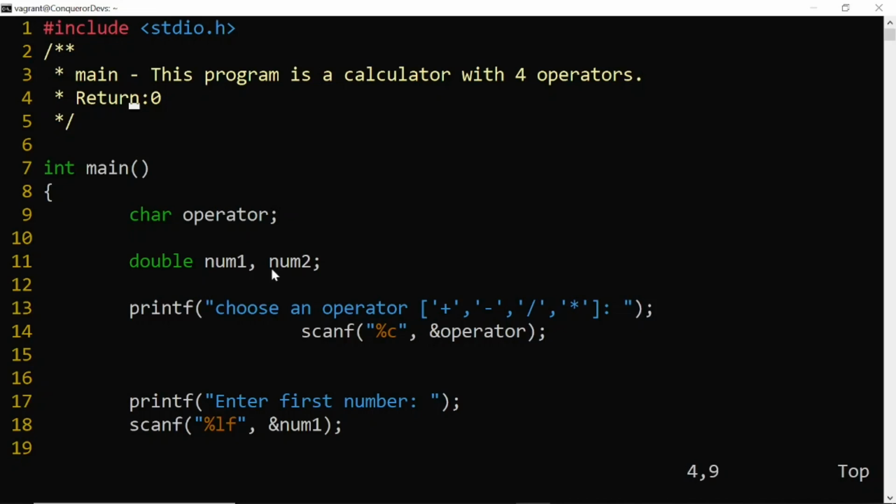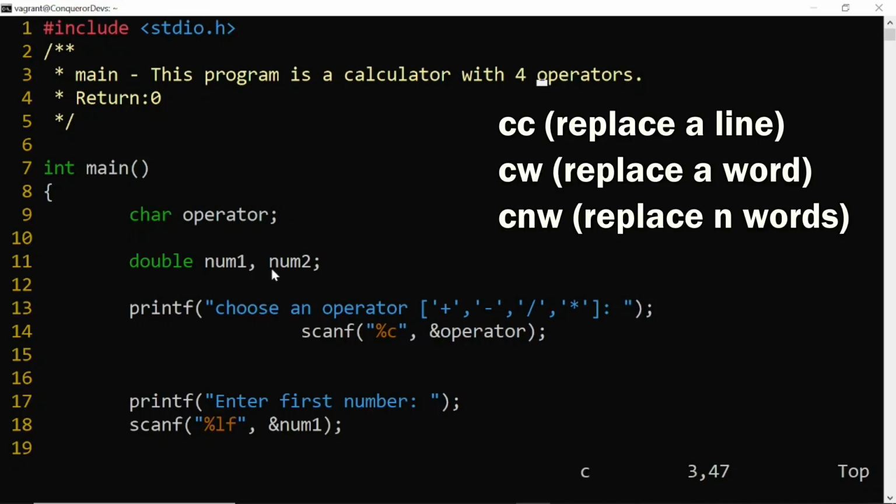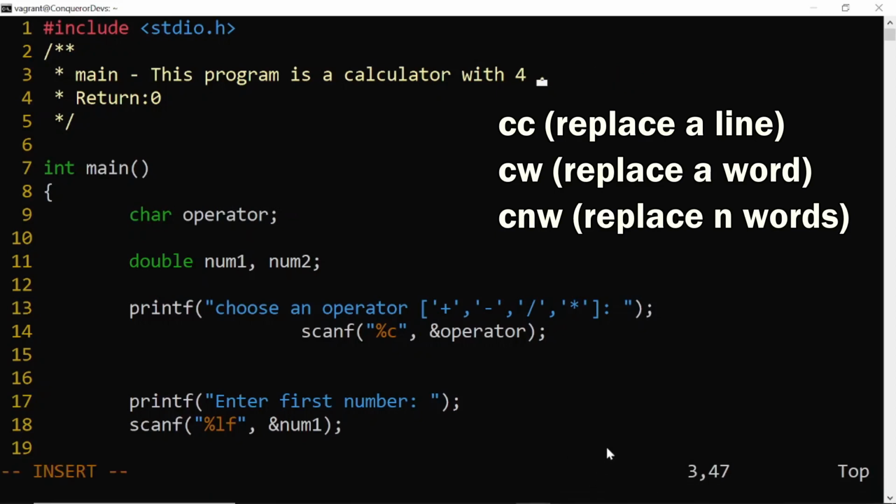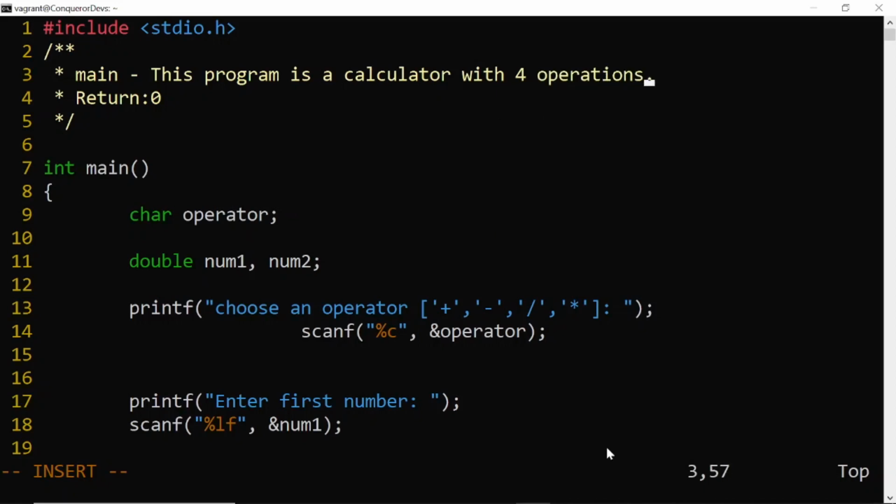Then also you can replace a word. Let's say I want to replace operator with operation. I use CW. C, you can see it down here, CW, to replace a word, and I can replace it with operations. Okay,